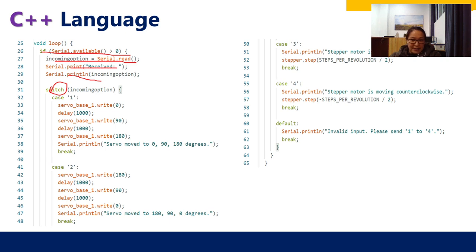It moves the servo motor to 0 degrees, waits for 1000 milliseconds, then moves it to 90 degrees, waits for another 1000 milliseconds, and finally moves it to 180 degrees. Then it prints a message to the serial monitor indicating the servo motor's movement.